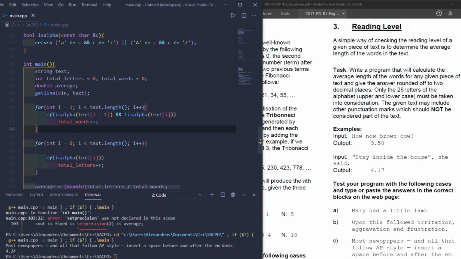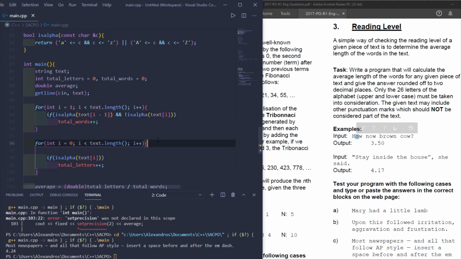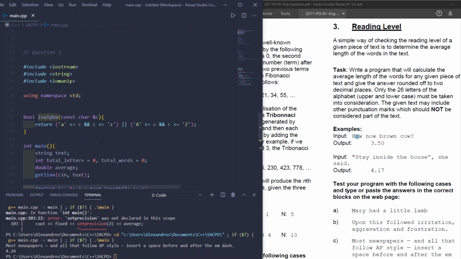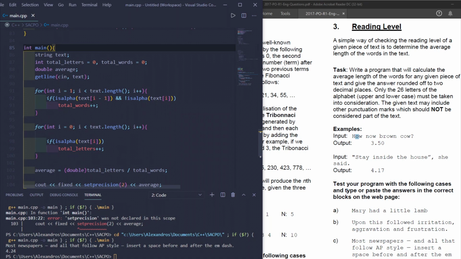And now we're first going to calculate the number of the total words inside of the text. So we're going to start from I equals 1, so from the second letter inside of the text, or the sentence if you prefer. And we're going to go up to the last character or letter, whatever it is, inside of the text. And so we're also using this is_alpha function here, which I'll explain now. Now, it's actually built into C++, but I made it by mistake anyways, because I didn't know it was there. But all it does is it just returns whether it's a lowercase or uppercase letter. So if any of these are true, then it returns true. So if the text at I-1 is